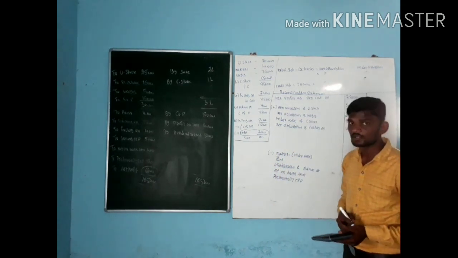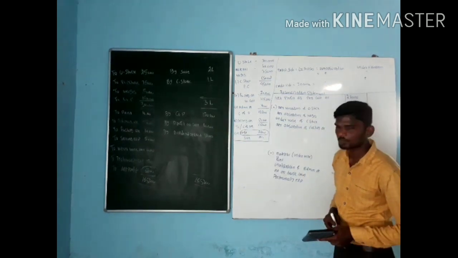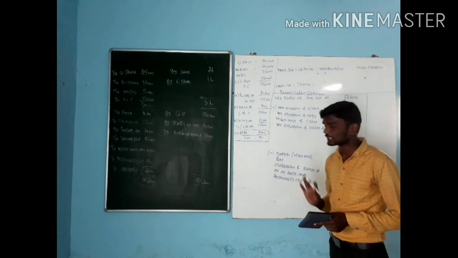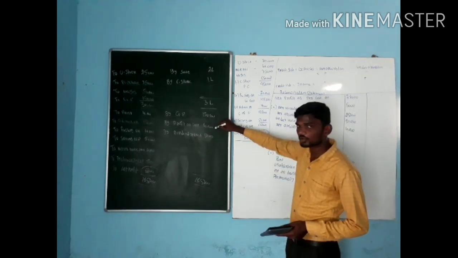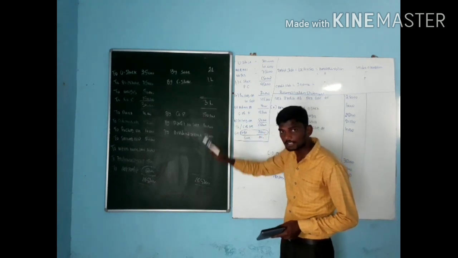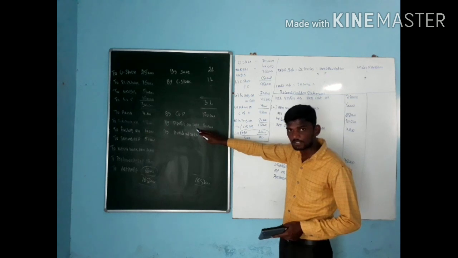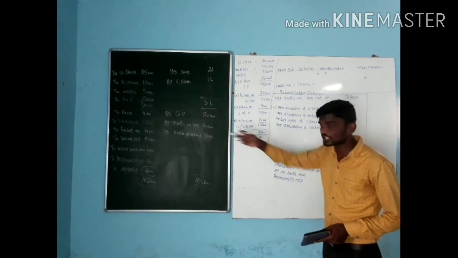Next, go for the credit side. Credit side: gross profit 1,50,000. Ignore. Profit on sale of building, land, or any kind of things. Profit on sale is how much? 10,000. It is also not part of your process of production. It is called purely financial income. It is credit. It's a kind of income. Those kinds of income we have not recorded in the cost sheet.